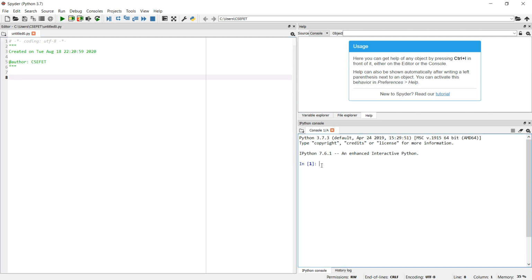3.0 or a higher version like 3.8.8, 3.7.3. I am using Python version 3.7.3, as you can see on my screen. Another thing is that Python has got two modes. The mode on the right hand side where the cursor is, is called the interactive mode. This is the shell mode where we write down the command and it is directly interpreted by the shell and it gives the output.